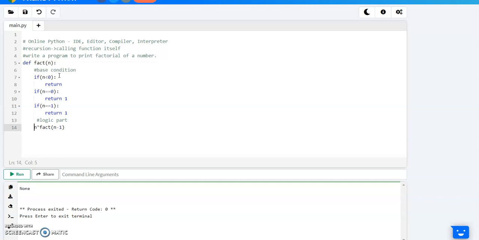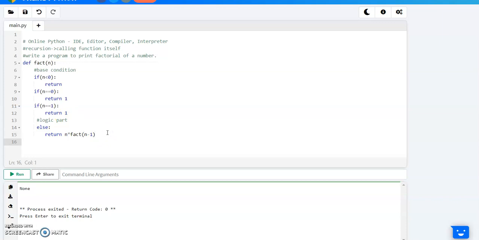And we need to write the logical part, that is else, return n into fact of n minus 1.